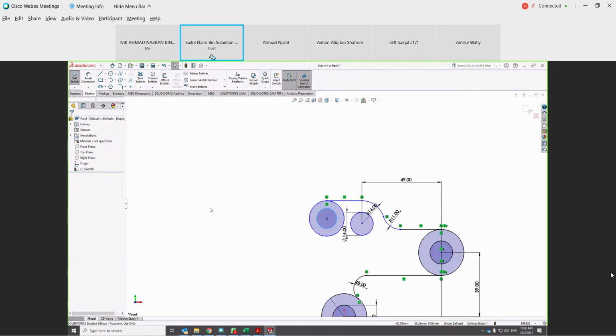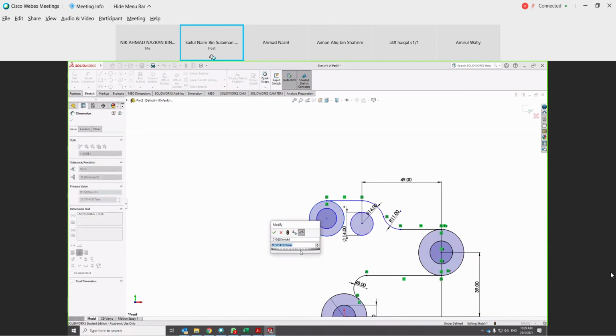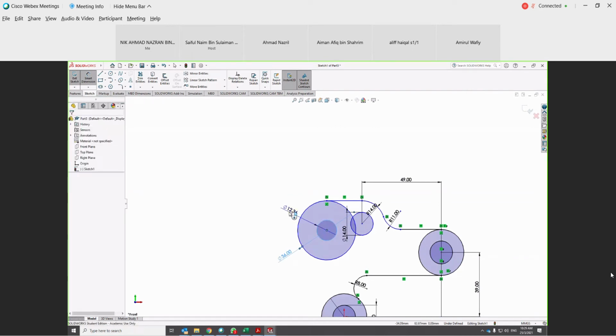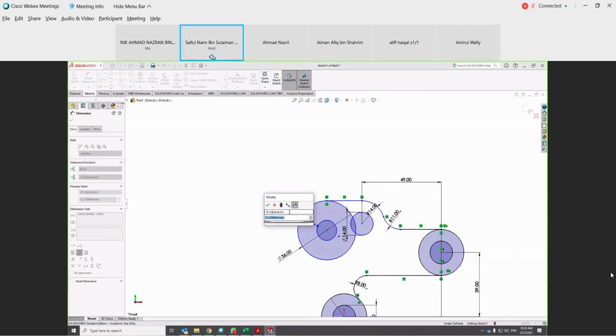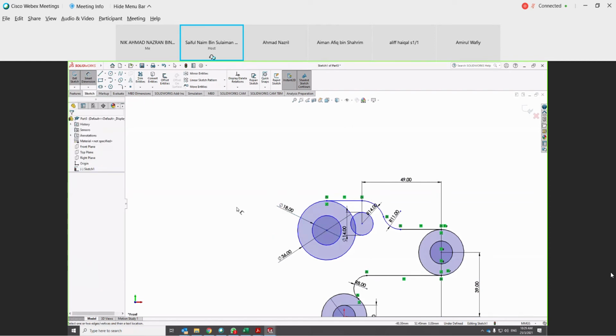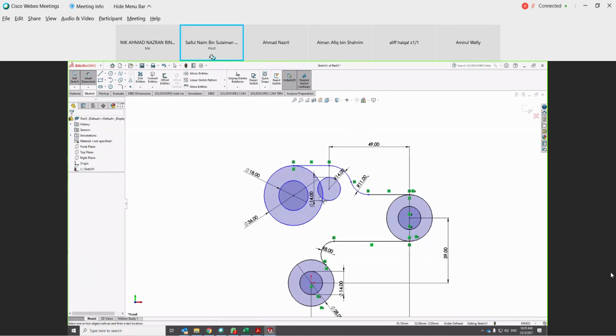And then we can put the measurement. So this big circle should have diameter of 36. And the inside circle should have a diameter of 18. Okay, so sekarang ni kalau you tengok dia berlanggar, so we need to, kita boleh define